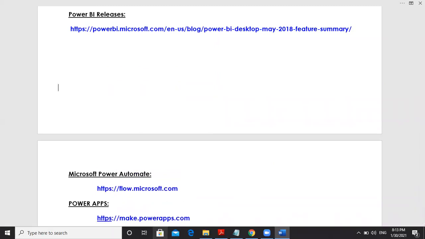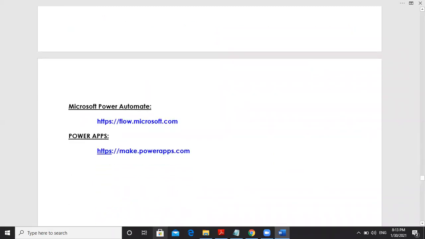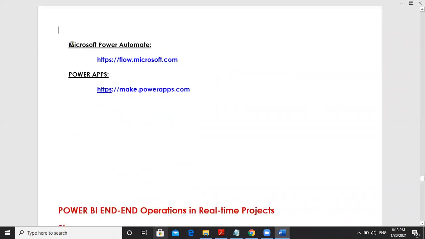And I will start Microsoft Power BI slowly. Today I'll give you a good understanding about Microsoft Power Automate and Power Apps. I'll give you some homework also this week. Please practice. No institution is explaining Power Automate and Power Apps, but I am explaining. At the demo level, anyway, you create a report.